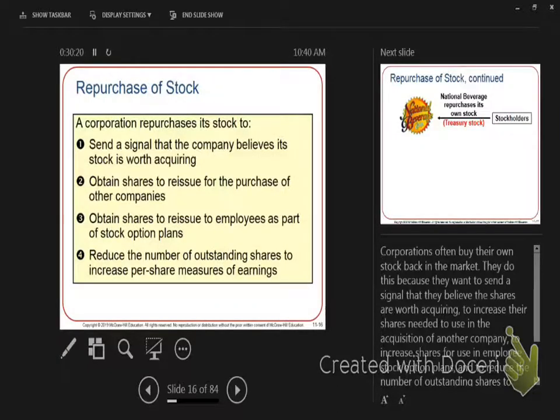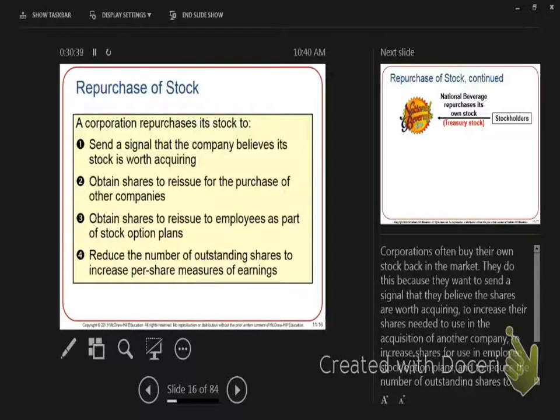The other reason a company might buy their own stock back is signaling to everybody else that they think their company's doing well, which is kind of what Maria said. I'm going to buy my own stock because I think I'll be able to sell it for a profit later. Why would I buy my own stock if I think the price is going to go down?